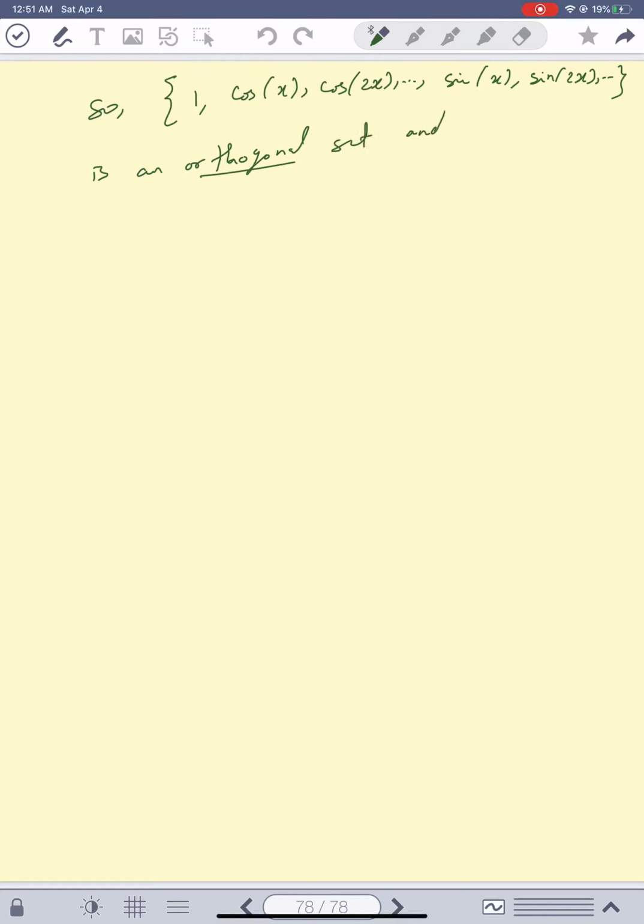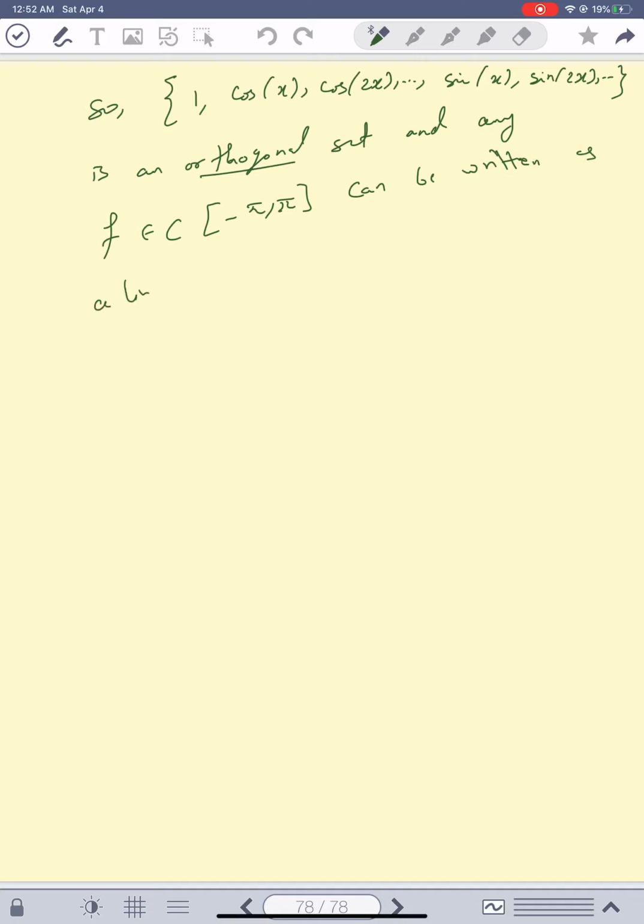So my conclusion is: 1, cosine x, cosine 2x, and so on, sine x, sine 2x, this is an orthogonal set, and not only that, any function f that's continuous on minus pi to pi can be written